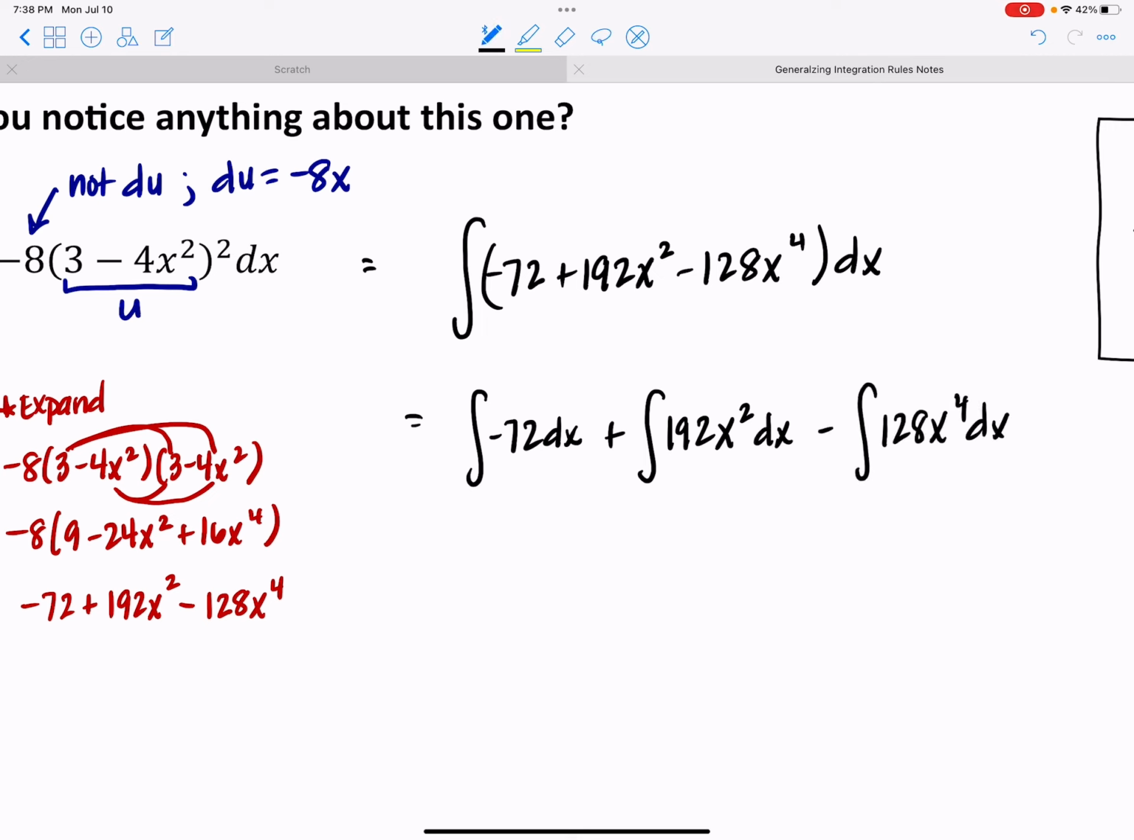Okay, so if I integrate, and you don't have to write this out every time, I just don't want to lose anybody, but I have my sum and difference rules. If I have the integral of a sum or difference, it is equivalent to the sum or difference of those individual integrals. So here, the integral for our constant becomes linear, so this would be a negative 72x. And then here, using our just regular power rule, we have 192 times x to the third power, because we're going to add 1, then we're going to divide by that new exponent, minus, over here, this is going to be 128 times x to the fifth power, divided by that new exponent of 5,